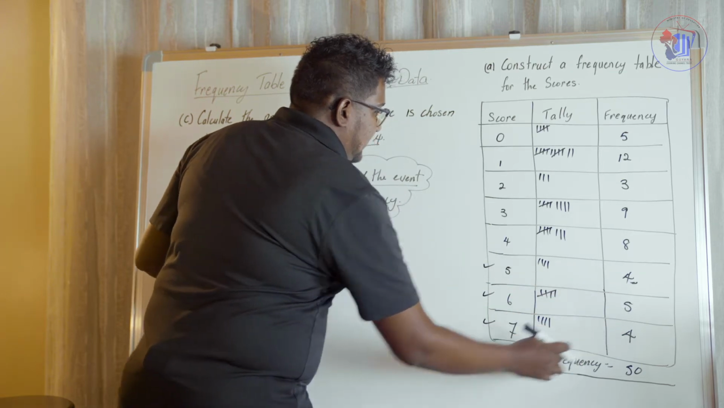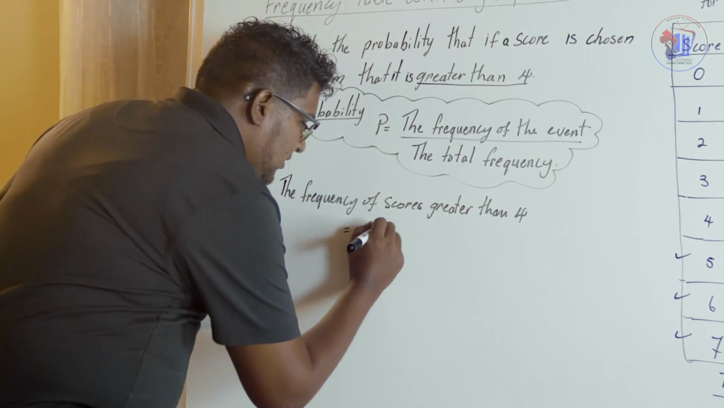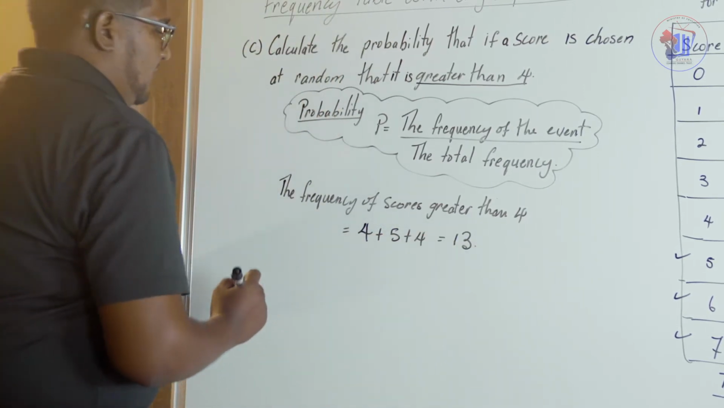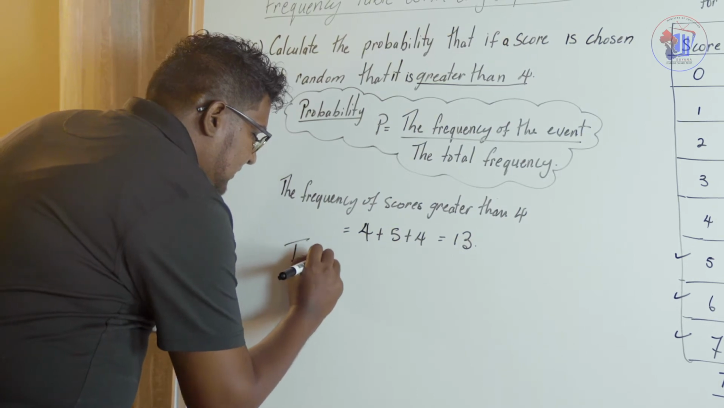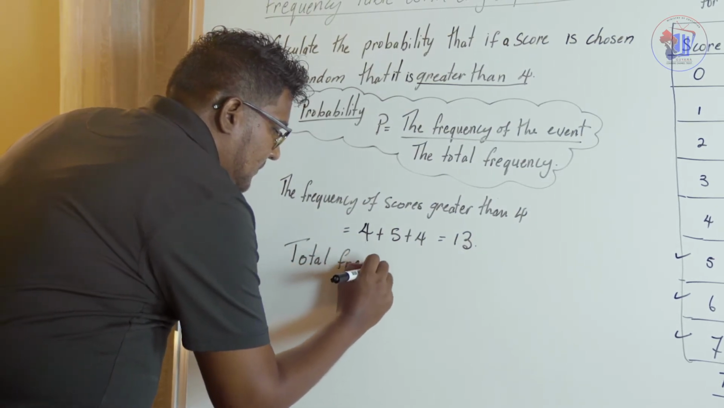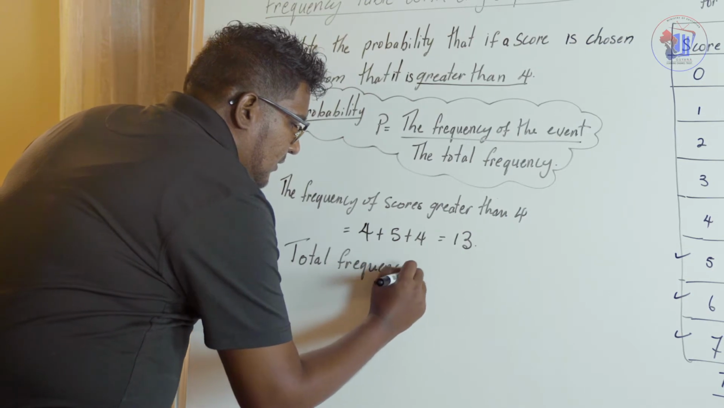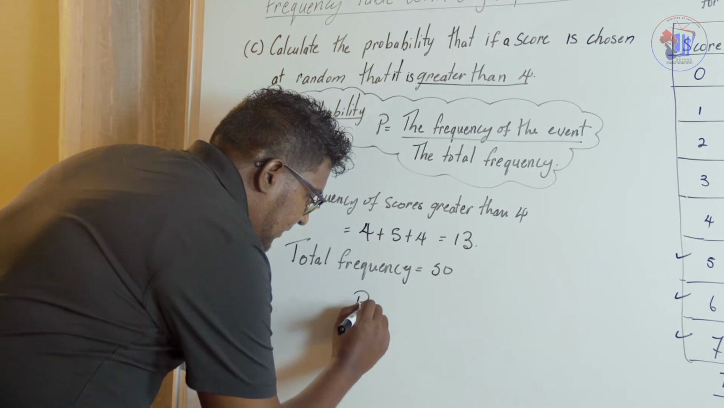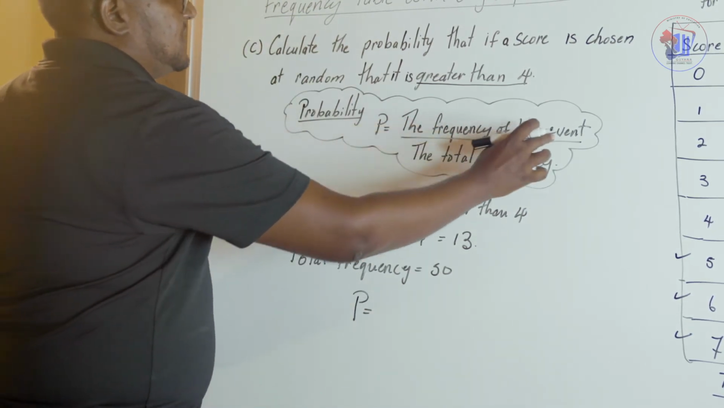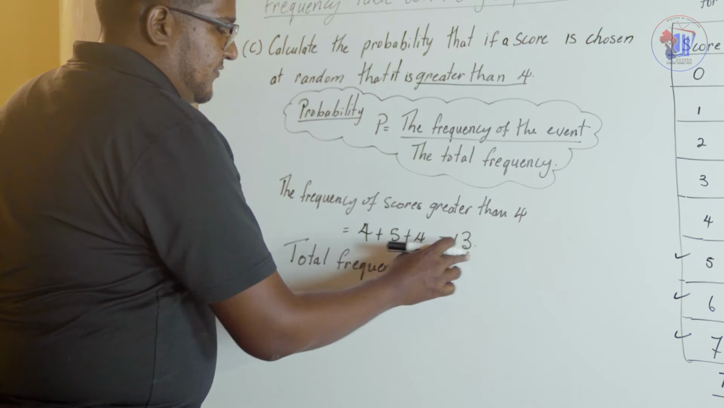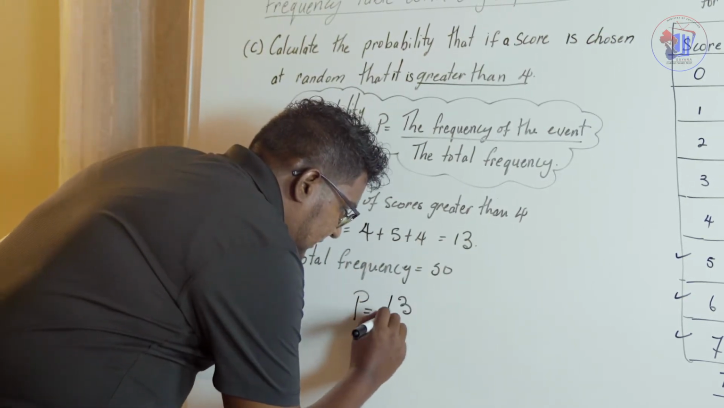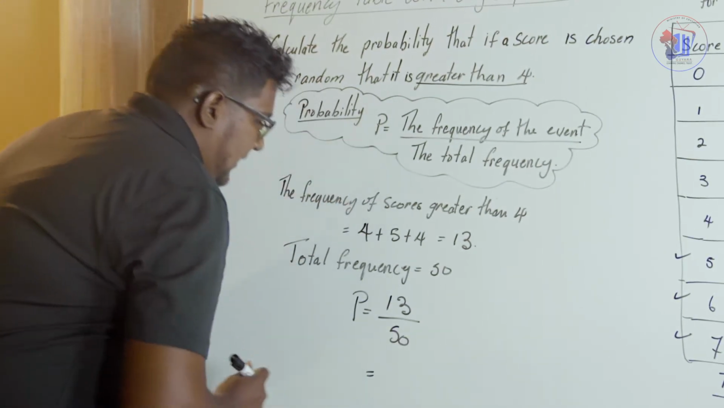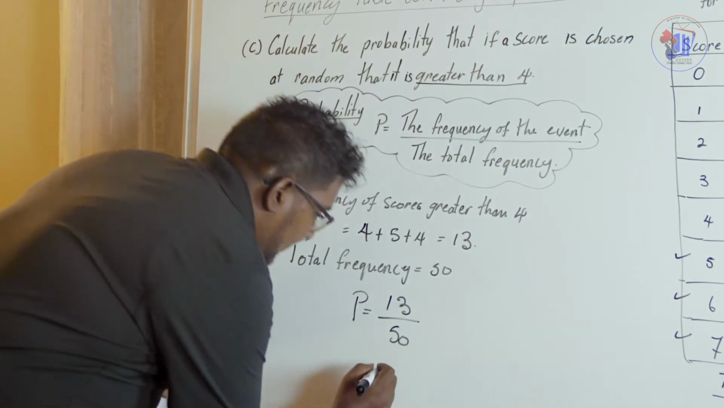So we have to add these 3 frequencies, and that's going to be 4 plus 5 plus 4, and that's going to give me 13. And our total frequency is equal to 50. So the probability, P, is equal to the frequency of the event, which would be scores greater than 4, that is going to be 13 divided by the total frequency, which is 50. And 13 divided by 50 is going to give me